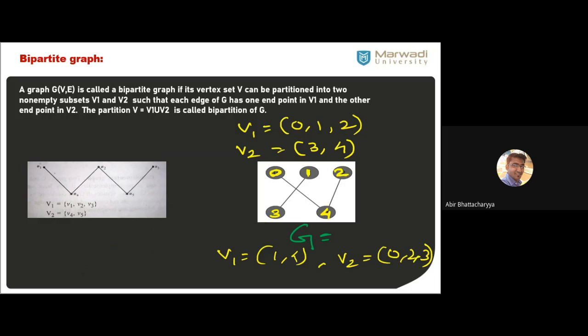So it means you want to delete this 2. You want to delete this 2. 0, 1, 3, 4. Okay. No, it's not possible. We are making this graph, right? 0, 1, 3, 4 is one partition, and another one is 2, like that? You are saying? Okay. What are you talking about?